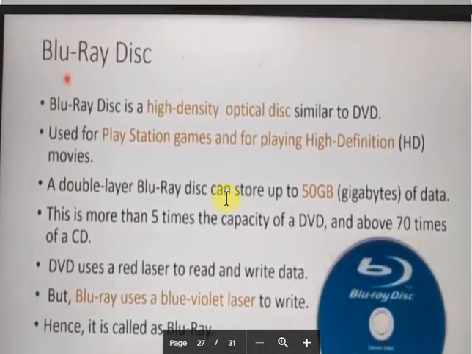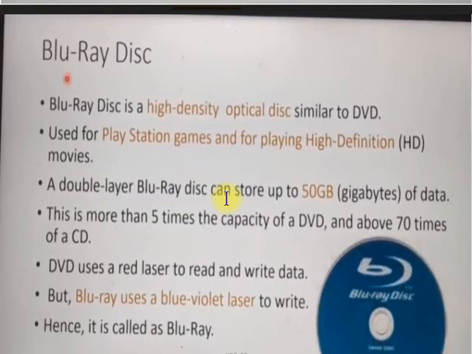Now the last one is the Blu-ray disc, right? CD was upgraded to DVD for storage capacity. Next, DVD was upgraded to the Blu-ray disc as per storage capacity, meaning now you can store so much data in a single disc using a Blu-ray disc. But the name is Blu-ray disc. In a CD or DVD, the laser light that is reflected is red in color, whereas in the Blu-ray disc the laser light is reflected as blue color, because its name is Blu-ray disc, right?